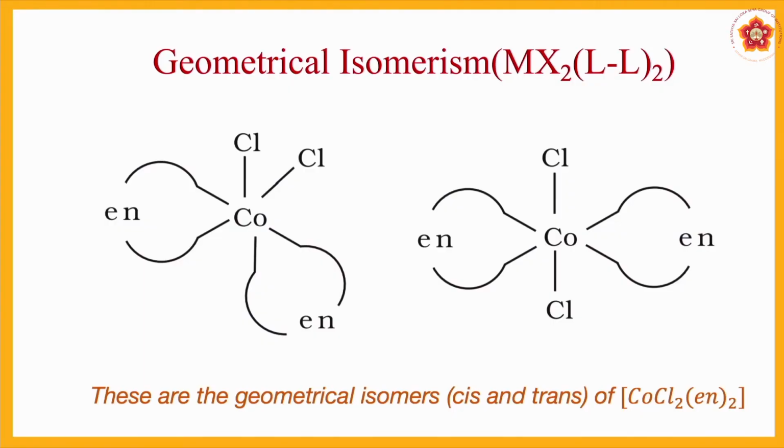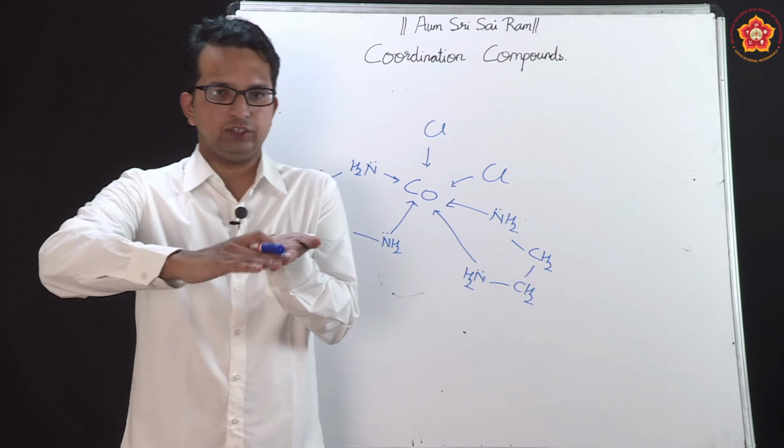So, if you see in the difference that has been shown there, Cl is present just beside each other, whereas in the trans form Cl is present on either side. To make it simpler, if you use the 3-dimensional space in this case, if I use my hand as a plane of the system,